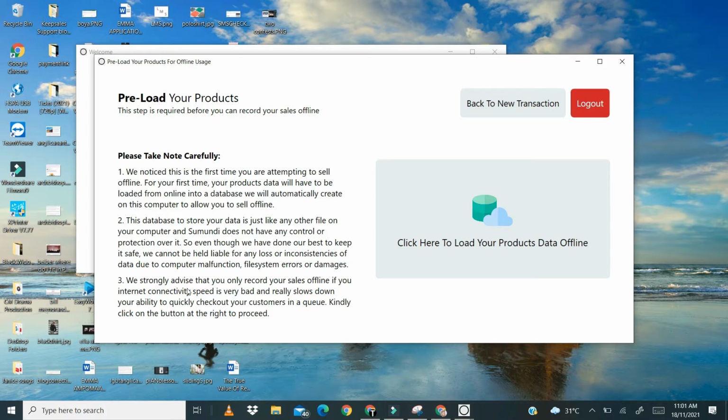Then the third is we strongly advise that you only record your sales offline if your internet connectivity speed is very bad and really slows down your ability to quickly check out your customers in the queue. What this is also saying is that offline gives you a very quick checkout process. So if you have a lot of traffic, you might want to use the desktop app. But if you do not really have a lot of traffic, you don't have a lot of customers waltzing in and out,